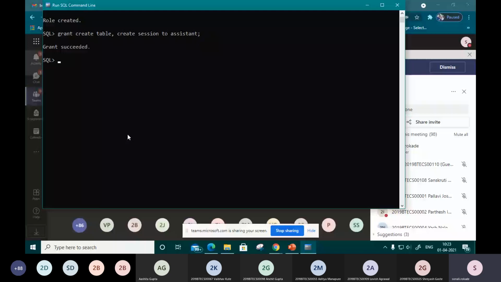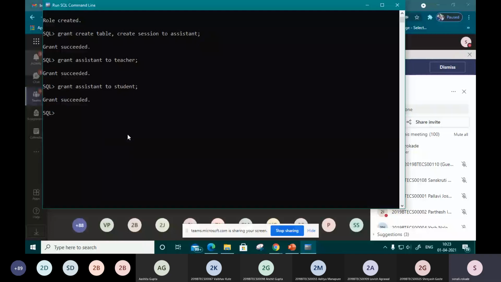So we pass grant assistant to the first user, teacher. This grant succeeded. In the same way, we can grant the same role to our second user, student.